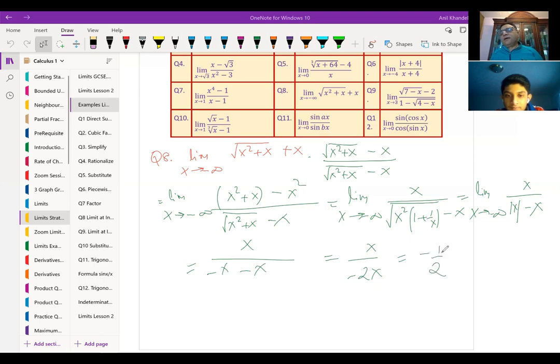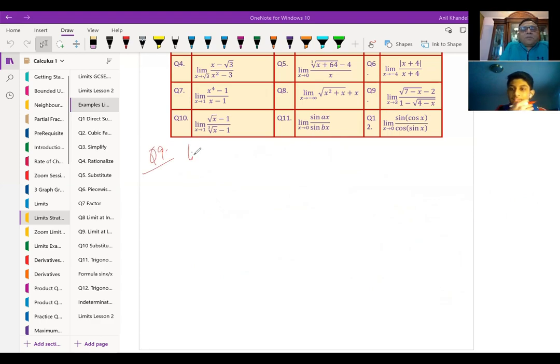So we get minus half as our answer. You get the idea. X and x cancel, right? And that is how we get our solution for the given question number 8. So when x approaches minus infinity, it results into minus half. Correct. Now let's do question number 9,